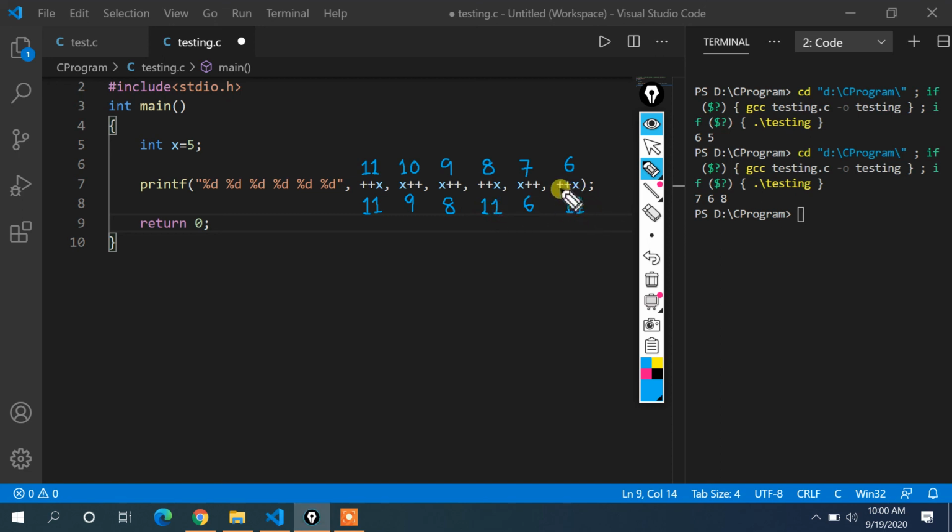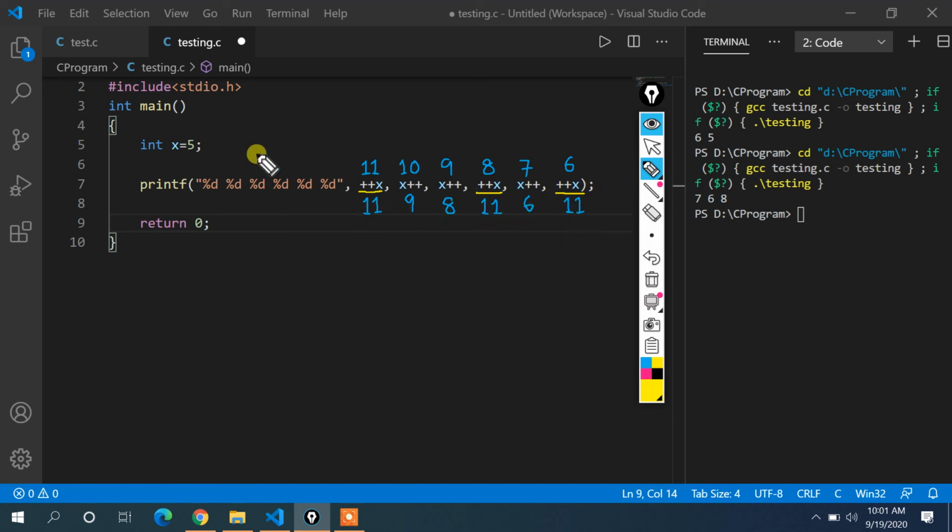So you can see all the prefix terms. The prefix terms are what? This is a prefix term, this is a prefix term, and this is a prefix term. Others are postfix terms. For all these postfix terms, the assignment has already been done, but prefix terms will be assigned at the last of every expression. So let us see whether our execution shows the same result or not. What should we get as the result? 11, 9, 8, 11, 6, 11.